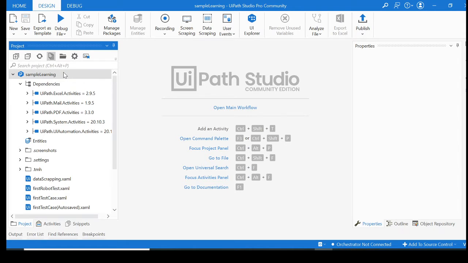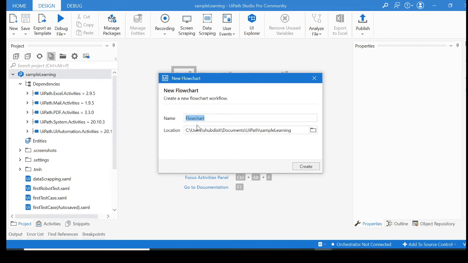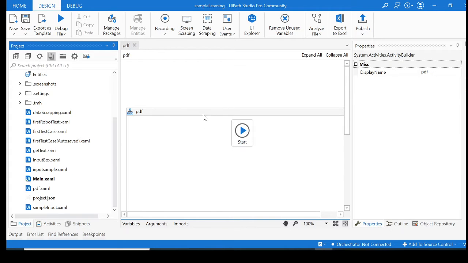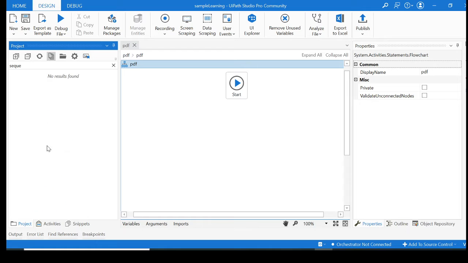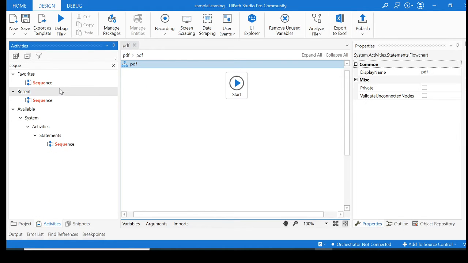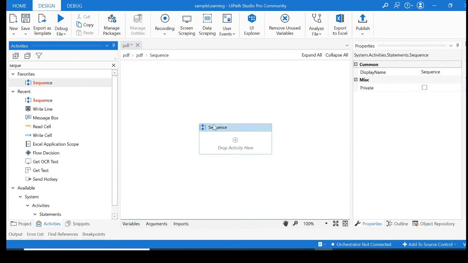What I'm gonna do is create an XML or flowchart for that. I'll name it something like PDF, right? And let's go ahead and maximize it. Then I'll drop a sequence over here. So I'm gonna go to activities and search for a sequence, and let's drop a sequence over here. Open the sequence.